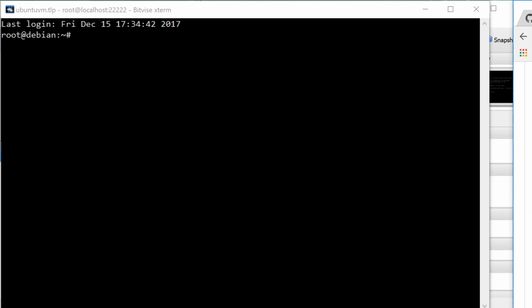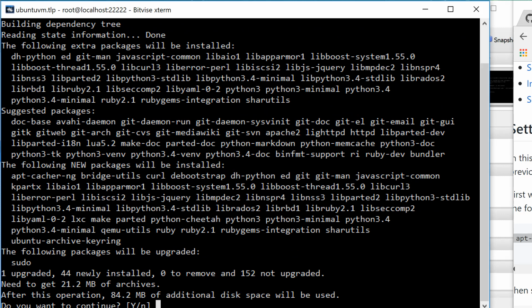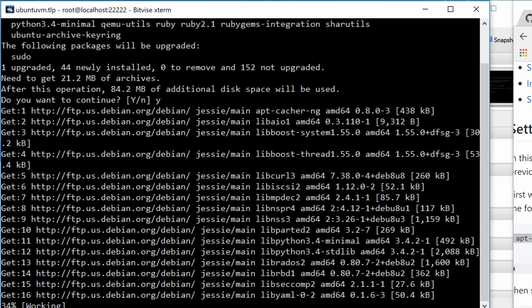So first thing we're going to do is copy and paste. One minute while I actually copy and paste it myself, because the web browser I'm using is not cooperating. Okay, I'm going to copy and paste this giant thing, and this is going to install some of the dependencies for Gitian, and enter. It'll download it. Oh, and that's going to be a while to